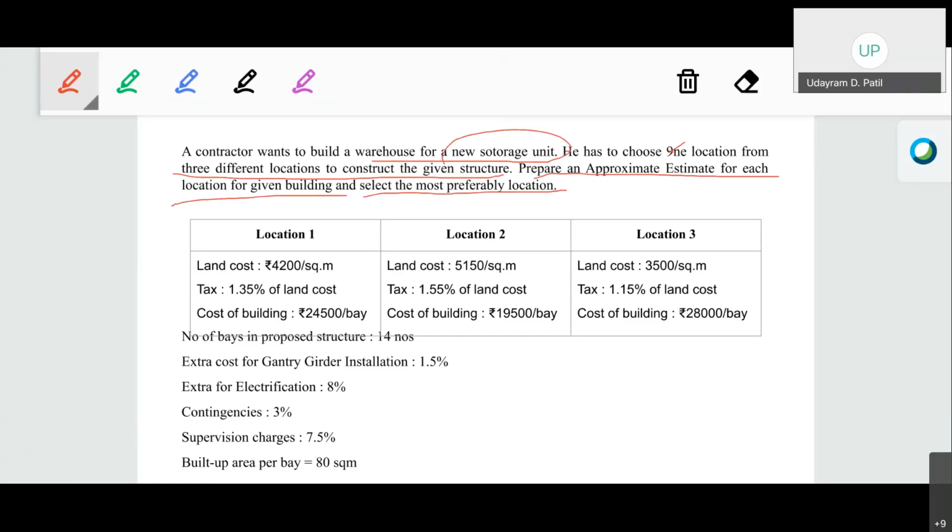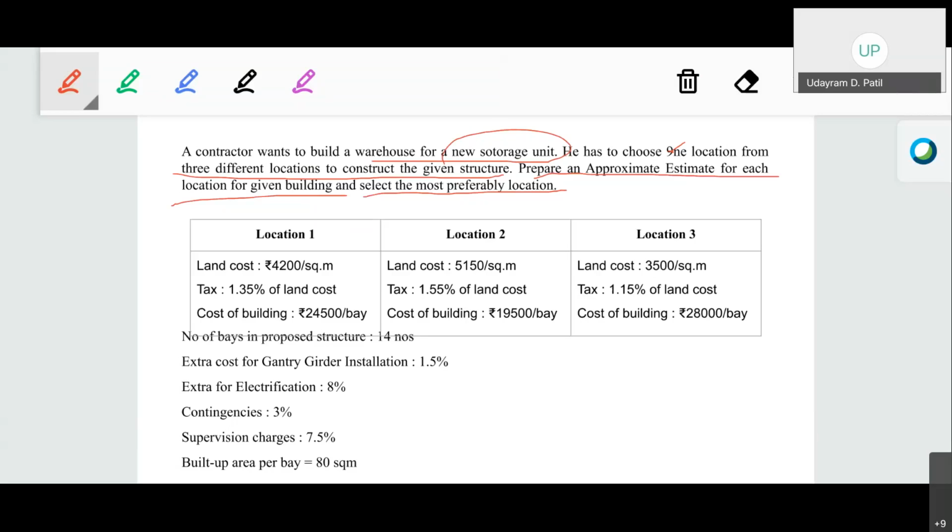Okay. Now there is a particular contractor and he wants to build a new warehouse or new storage unit at one location. He has to choose from three different options. There are three sites which he thinks will be most preferable for our particular new warehouse. From those three sites, he has to choose one site so that he can carry forward with his